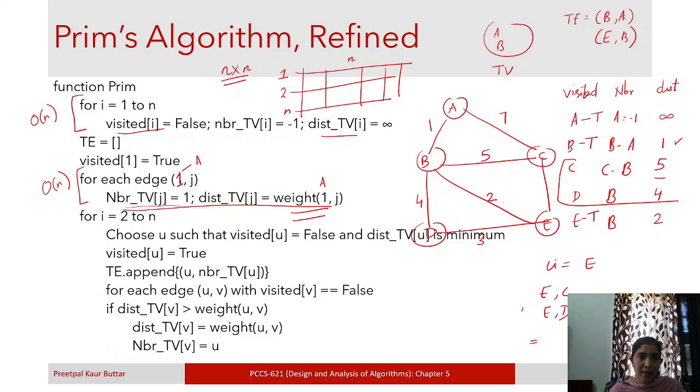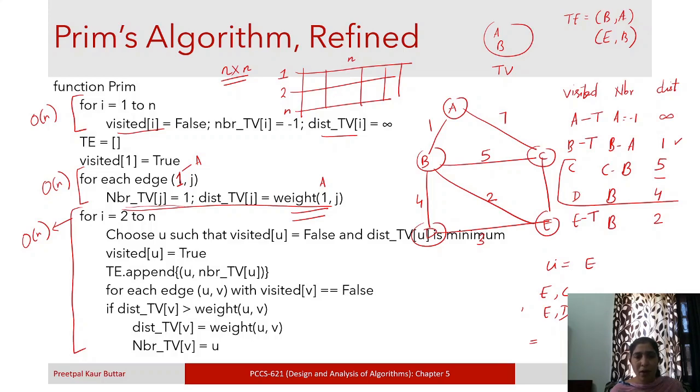Then this is a for loop which is running from 2 to n, so it will take time order of n, and inside this is a constant operation, I think. Choose u such that visited of u is false and distance of u is minimum.